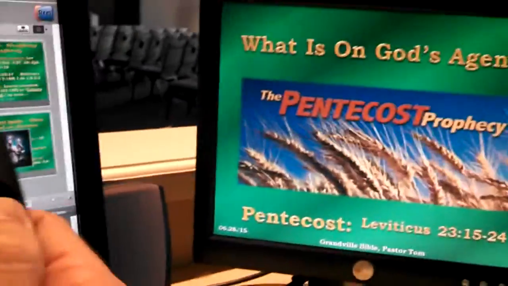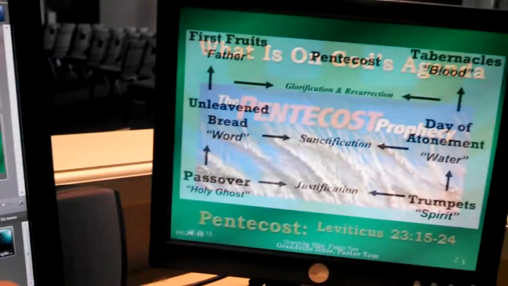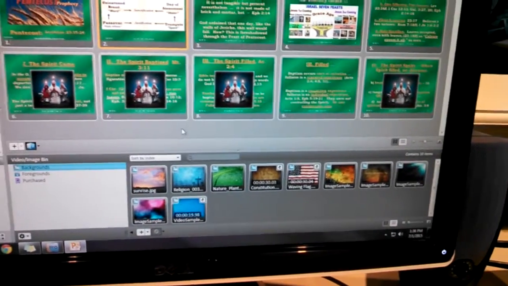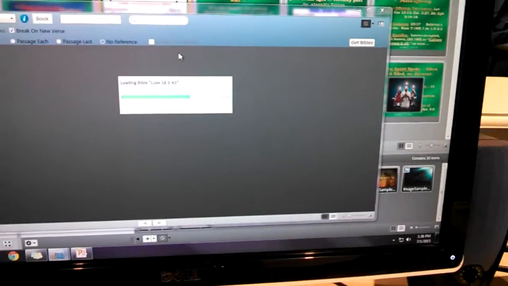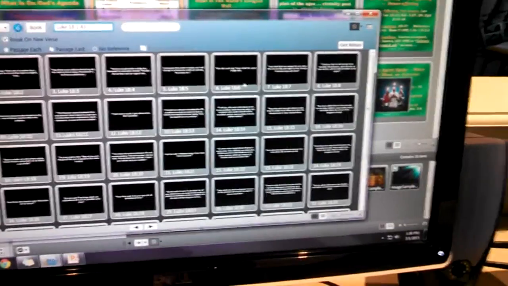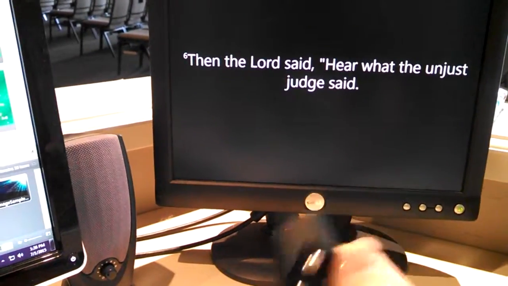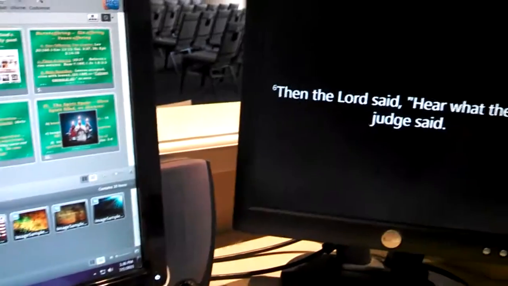So I'm Pastor. I've got my clicker. I want the next slide. So I got the next slide. But then I come over here and I decide I want to open up the Bibles thing. Okay, we've done a passage of Scripture. Well, and now he wants to go back to it. It doesn't work. You've again got to